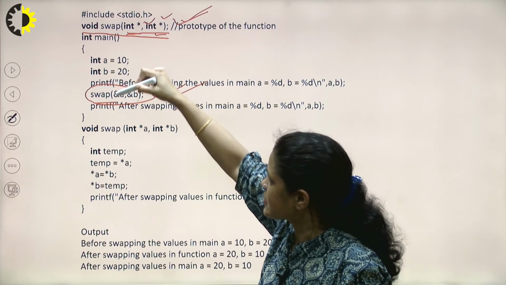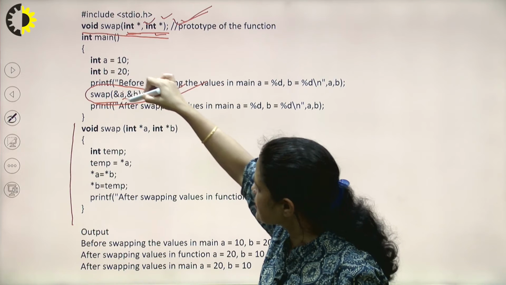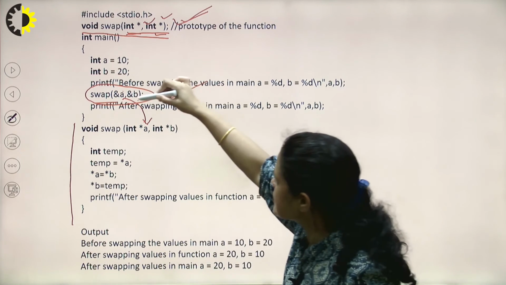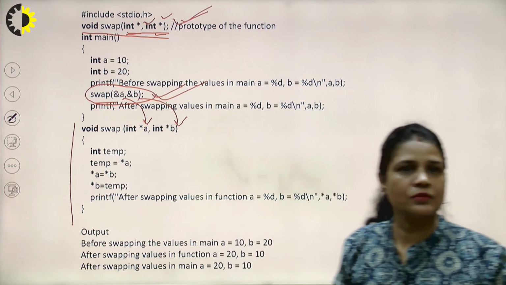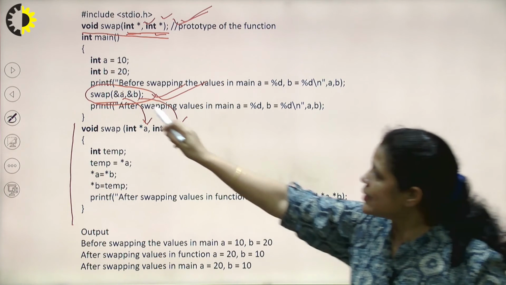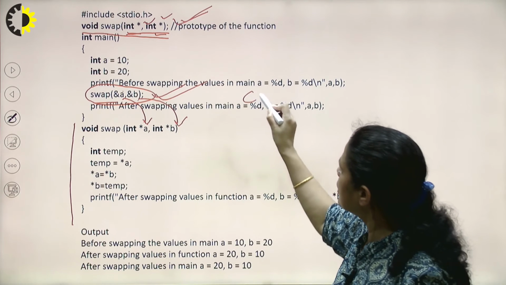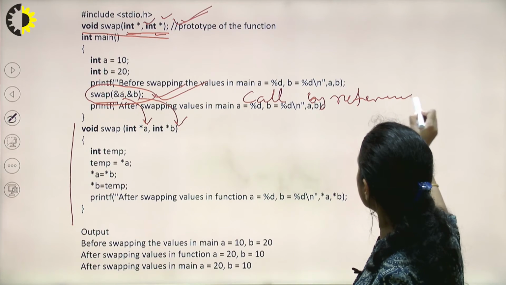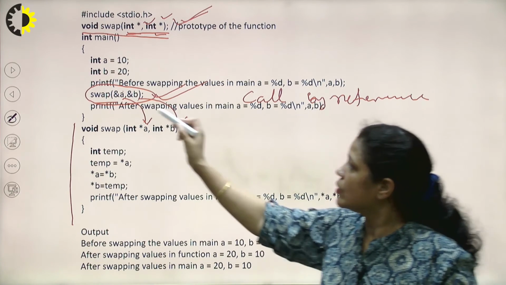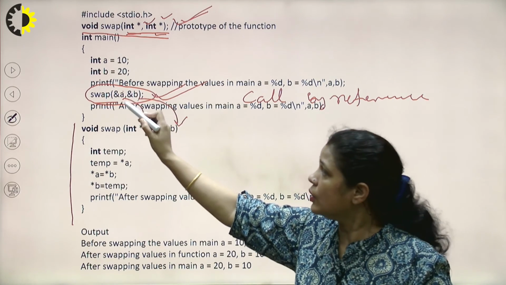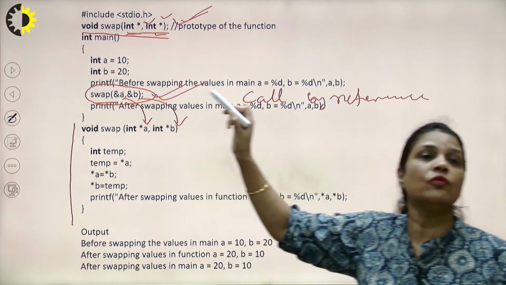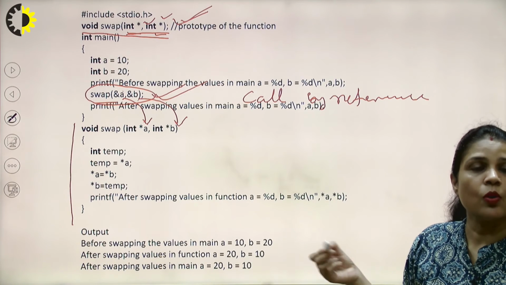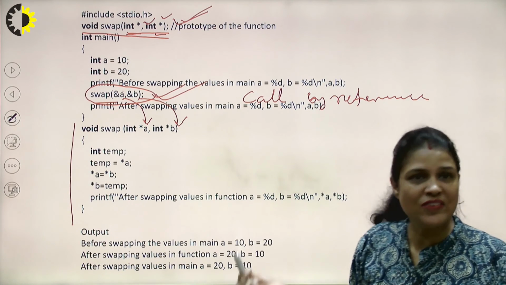So this is the difference in the declaration, and this is the calling part. Now this is the function definition, and this address is copied in the corresponding pointer, and this address is copied in the corresponding pointer, right? So now this is called call by reference or call by address. Reference or address is the same thing. Here we are calling a function on variable addresses. We are passing addresses instead of values. So this is called call by reference, right? Or call by address. Okay.